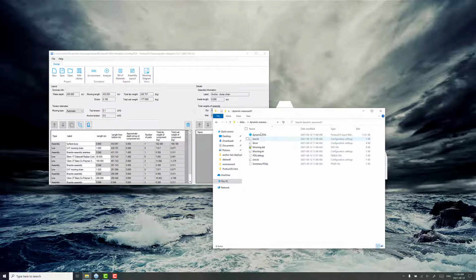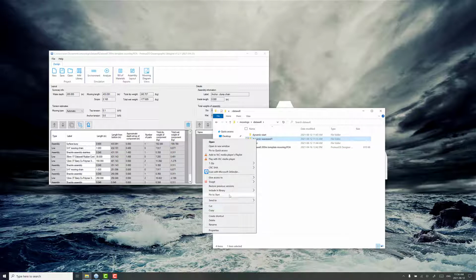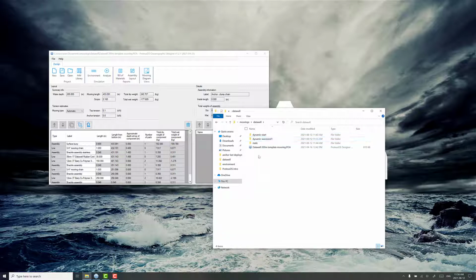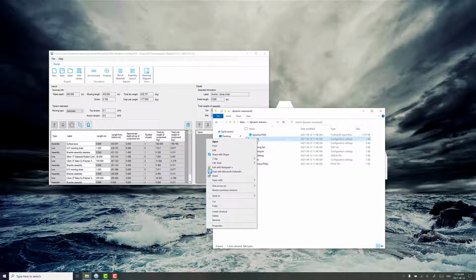So these are just folders in Windows Explorer. I'm going to make a copy of this, and I'm going to make a couple of extra folders. Copy, and then paste, paste. I'm going to change this to wave seed 2. In this case, I'm just going to make a change only to the wave seed values because I just want to get an idea of how the peak loads change, and that's a good reason to run a few different wave seeds. So you can go into ProteusDS Simulation Toolbox,